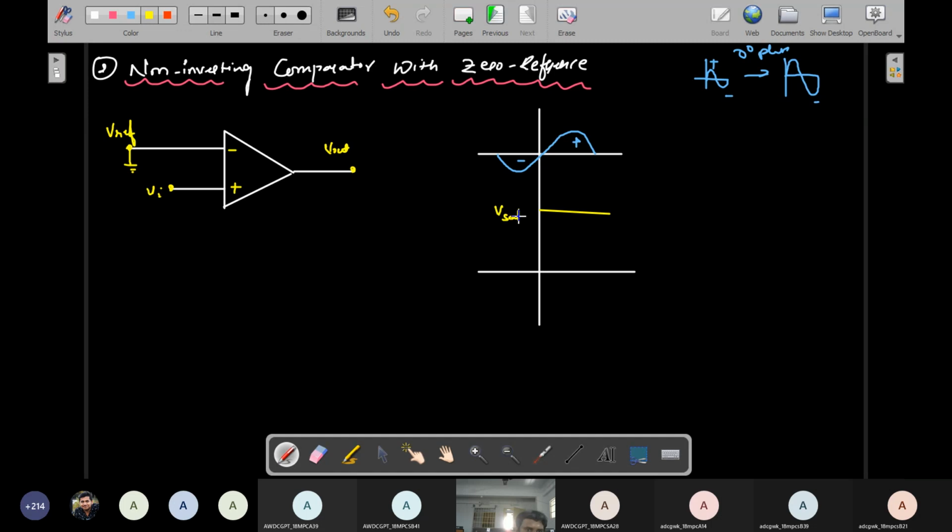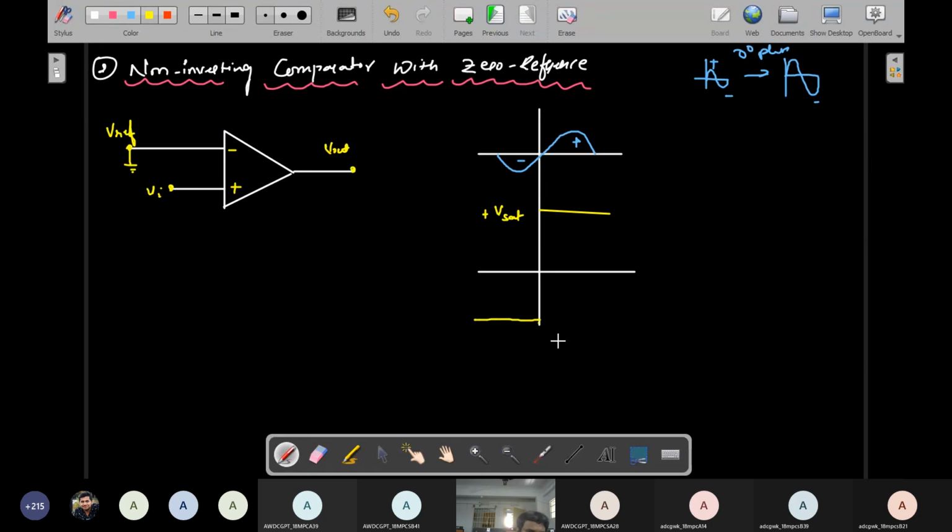V saturation. This is a positive saturation, because this is the positive region and this is the negative region. See here, the second condition is a positive peak given to the input terminal. In positive, it means the same direction. What is the negative direction here? Negative peak is given. So in the same direction, the amplified signal also came, so the saturation here is also in the negative region.